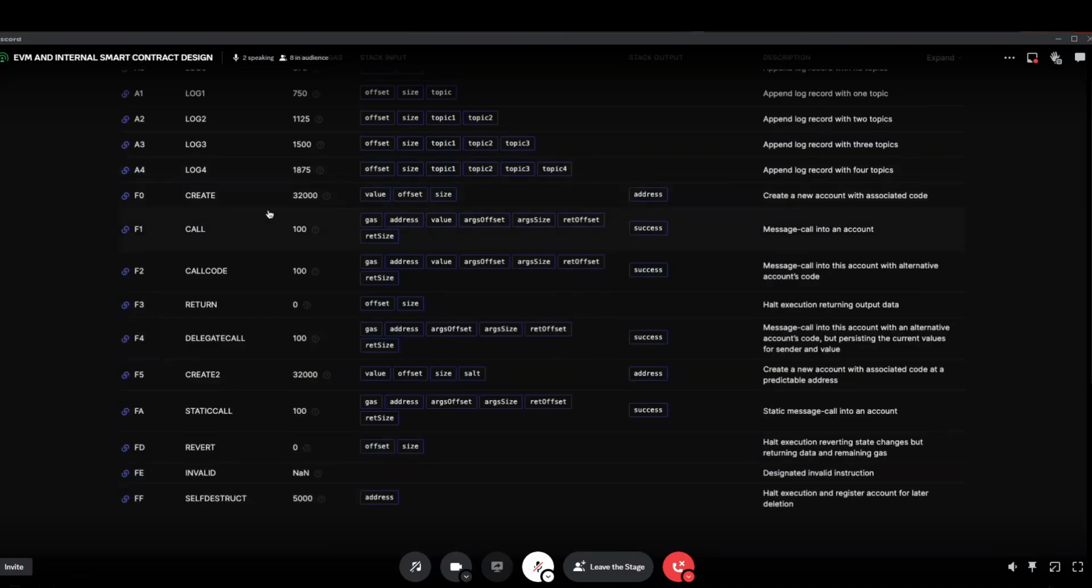And then you have different call functions. This one, call, is just a message call into an account. Call code is a message call into an account with an alternative account's code. So you can pretty much emulate another contract, kind of, which is how proxies work, but they use delegate call. And then return takes in a part of memory, an offset and a size, and will return that